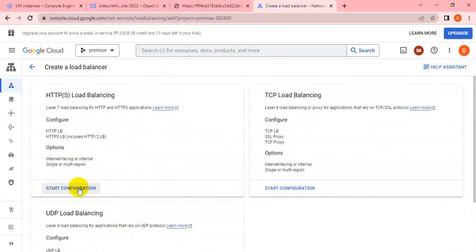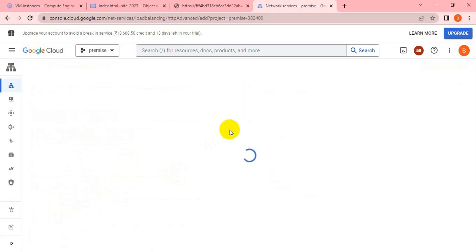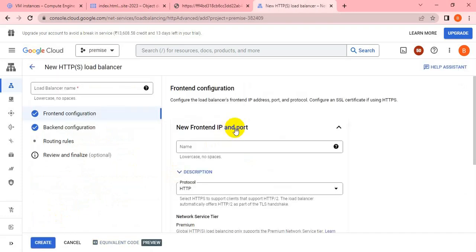So I have to click on start configuration first, and once I click on start configuration, you can see one is for internet access, and second is internal access. But here we can take the default one because our access is publicly available, I mean for the public access. Okay, so in the front end configuration we have to put a name, any name you can define, but